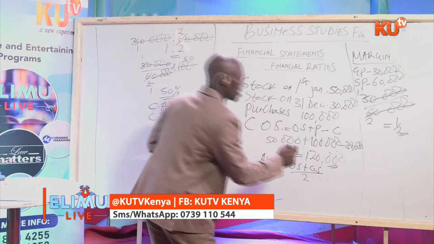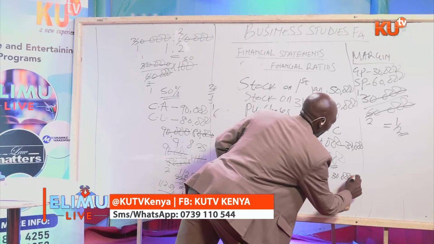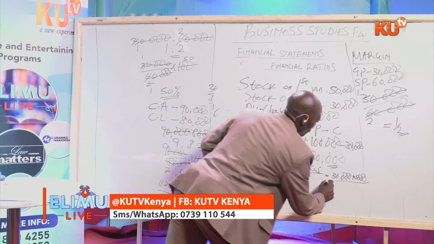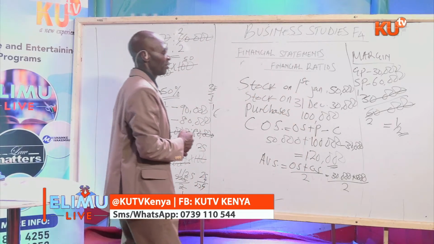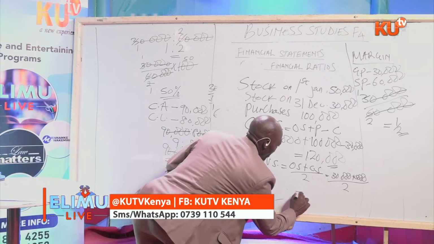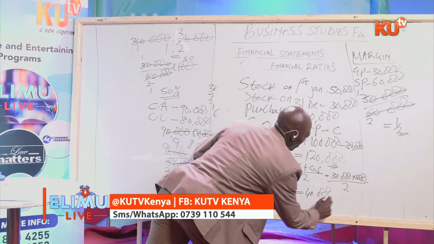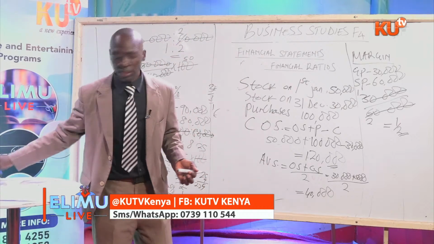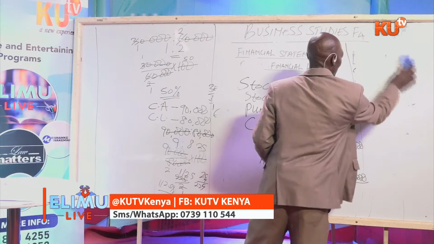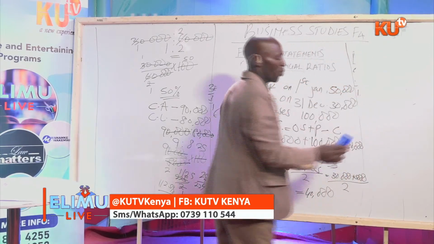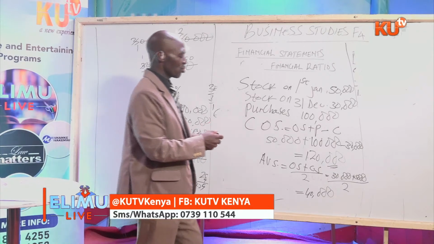In this case, 30,000 plus 50,000 divided by 2. So this is the answer here. This is 80,000 divided by 2. That is 40,000. Now 40,000. So we have said that ROST is equal to